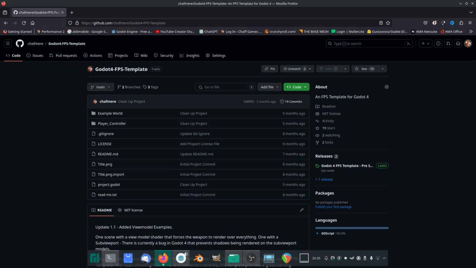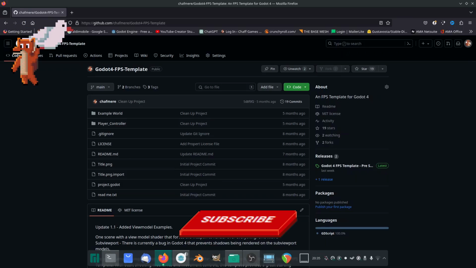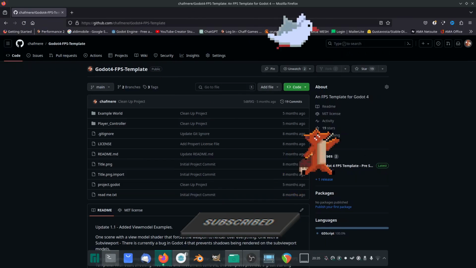Last year I posted the definitive FPS tutorial around October, and a lot of people asked me, how can I make a shotgun? And I answered that last week with a short little devlog on how I achieved that by refactoring this project. And so today I'm going to show you how you can do that and how to make a shotgun as well. The first half of this I'm going to be going very quickly